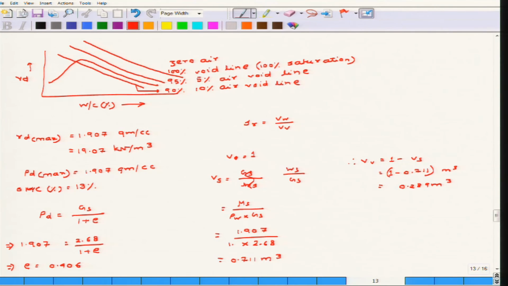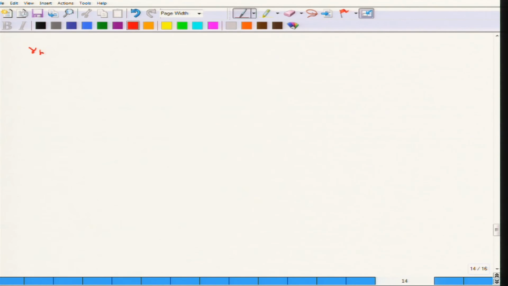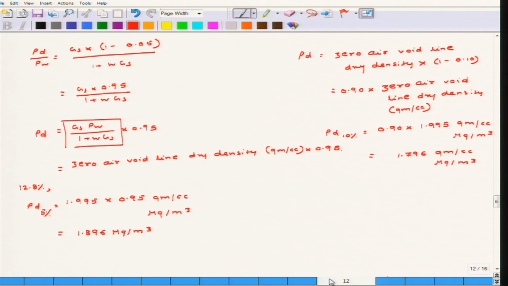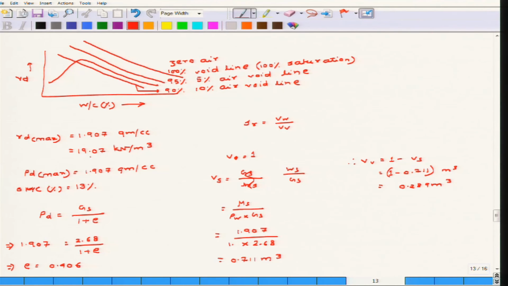Now, you can find out in this way, or basically there is one more easier way, but first find out what is the bulk density. So, bulk density is equivalent to gamma d into 1 plus w. Now, we already know that gamma d or rho d for the optimum moisture content is 1.907 gram per cc and the optimum moisture content is 13. So, 1.907 into 1 plus 13 by 100 is equivalent to,